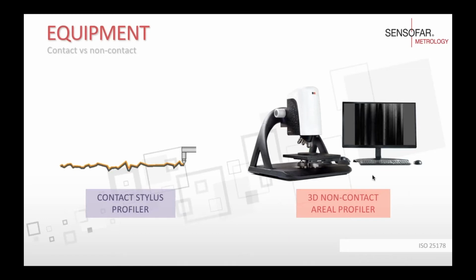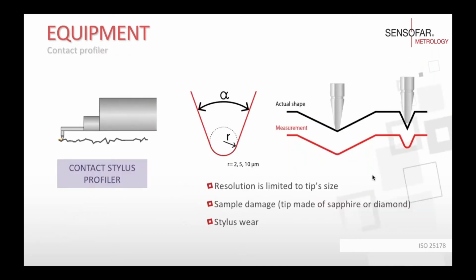And also, the data set is completely different. From one, we obtain a profile, and from the other one, we obtain an area. So the approaches are completely different. The resolution is completely different as well. In this case, the resolution is going to be, at first instance, limited by the radius of the tip. But also the geometry and this angle that you're seeing in this schematic is going to have an